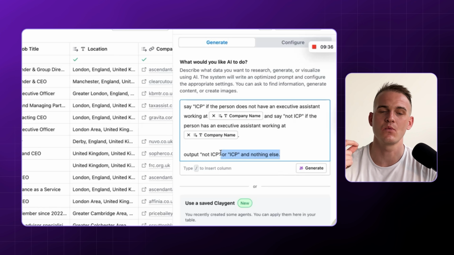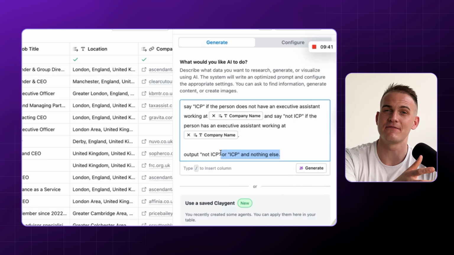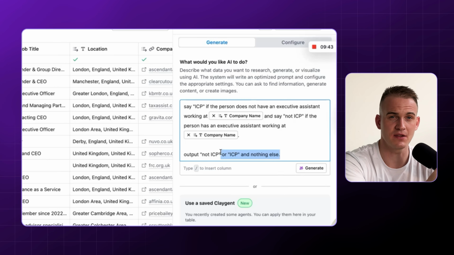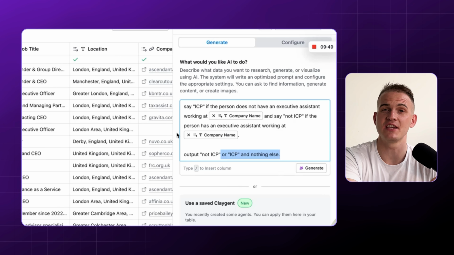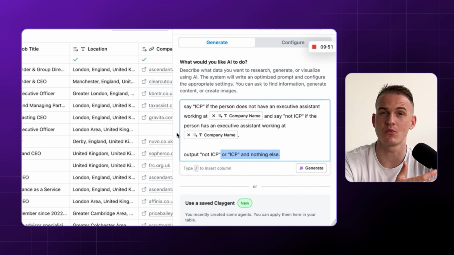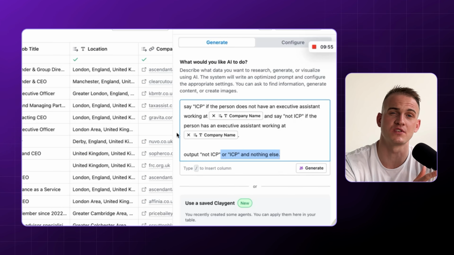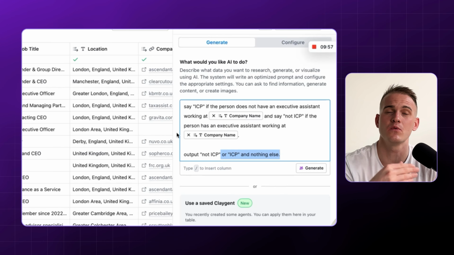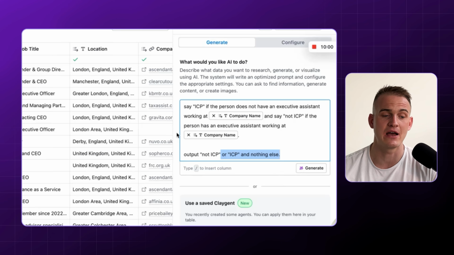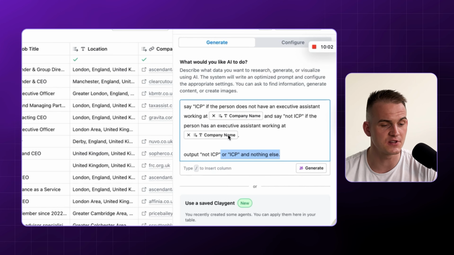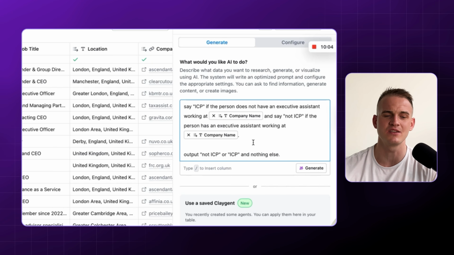Now I want the AI web researcher to go and find out if this company has an executive assistant working for this specific founder. So in this case, what we do want to do is pre-qualify this company for the need of an executive assistant. And of course, if they don't have an executive assistant right now, we'll then reach out to them and propose our executive assistant services. So for the time being, because this was a really lazy way to write a prompt,